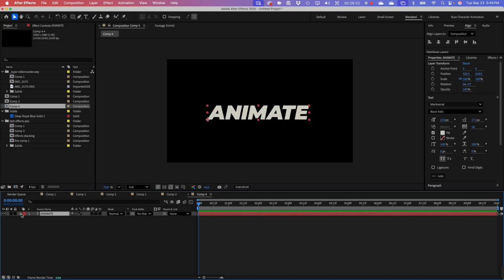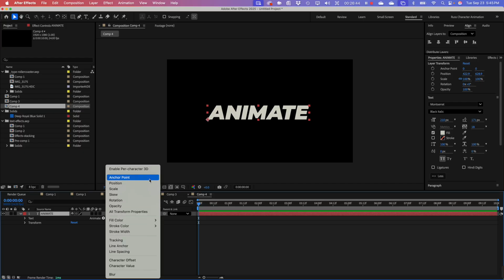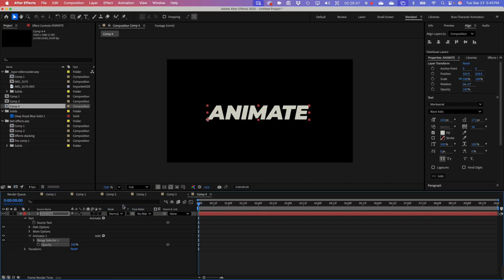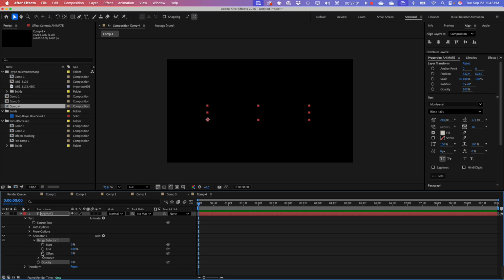So select that, text, animate. I'm just going to affect the opacity and set it to 0. And then go back into my range selector, and I'm just going to set my offset to -100, set that, go out here to 2 seconds, set it to 100,